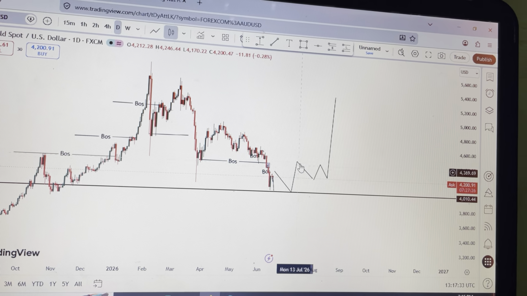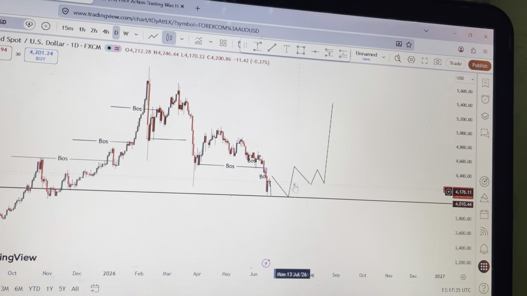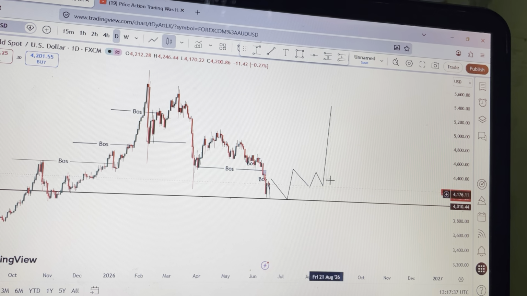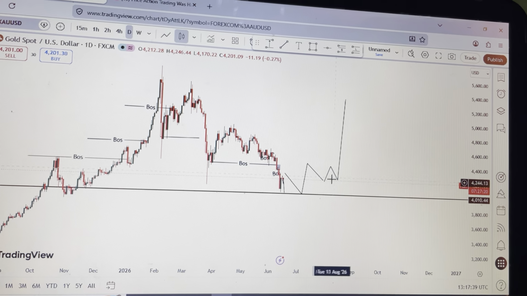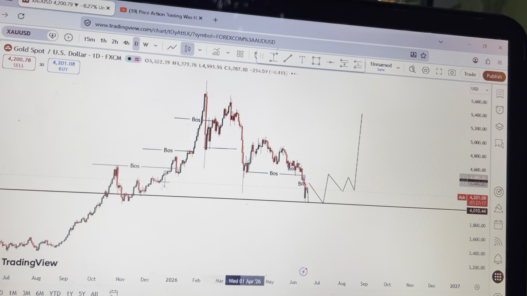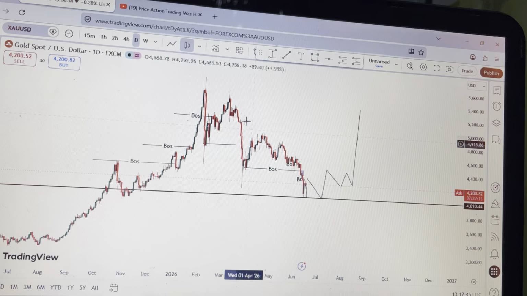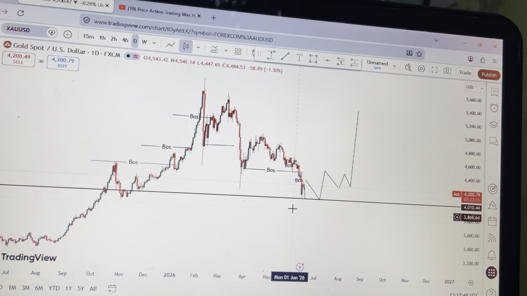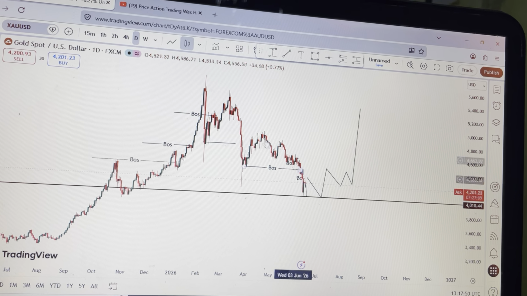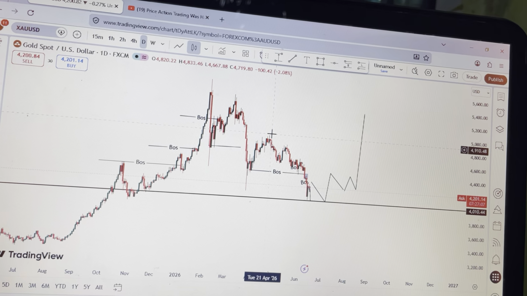But if price does this market structure shift, grabs liquidity, then gives us our remaining two criteria, then we'll be looking now for a buy to the upside. So gold is still bullish. The overall trend is bullish, while the internal structure shift is still bearish. So we'll wait for this structure to shift, and the fact that it's the daily time frame that is responsible for breaking the